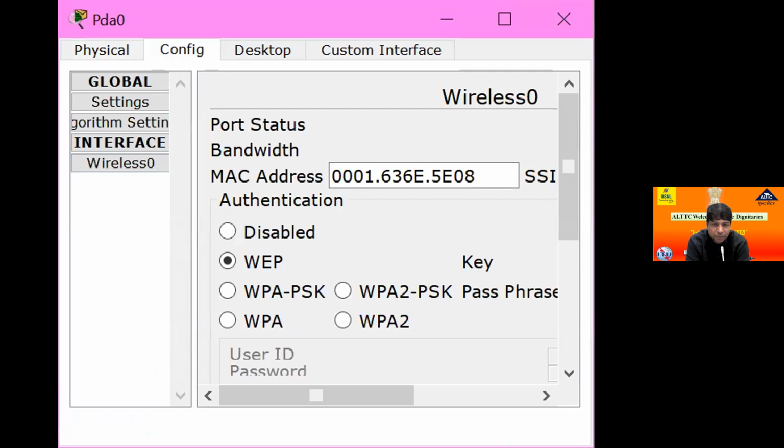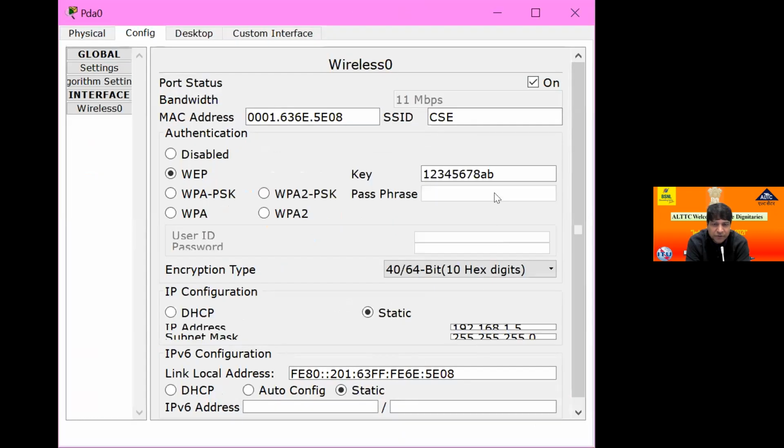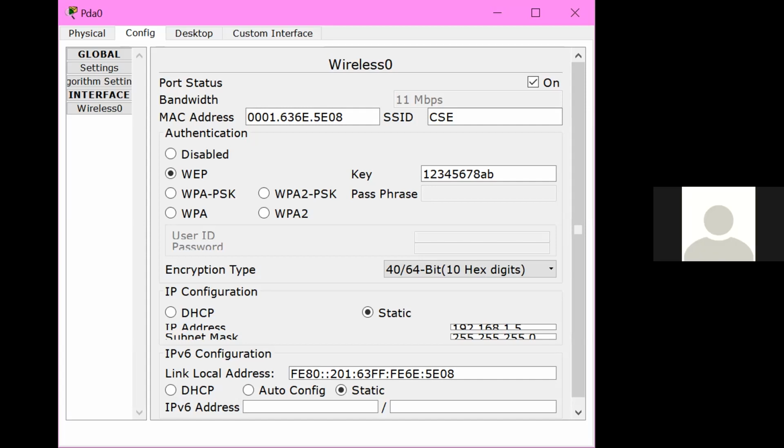Here is WEP, full screen, please. CSC is ABCD 1 2 3 4 5 6 7 8 AB. SSID is the one 1 2 3 4 5 6 7 AB. Okay, there is no problem, but it is not showing connected.